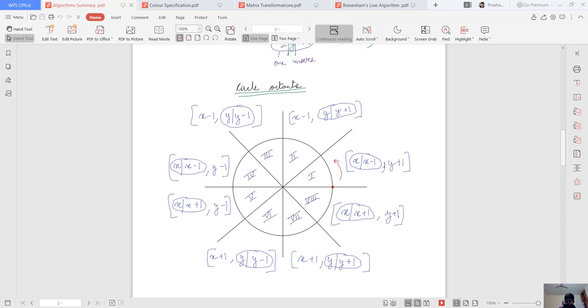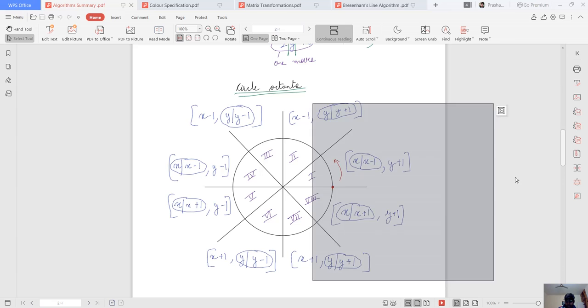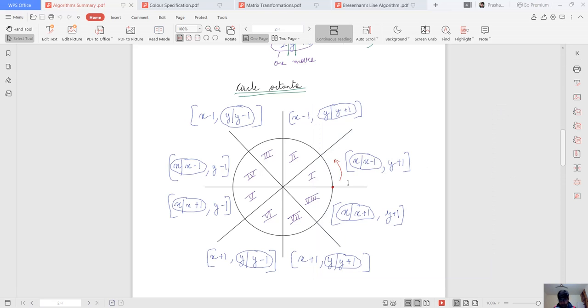X may or may not change, but y always increments here. So y is always increasing here, and in this octant x always decreases and y may or may not. Similarly, all the other octants behave in such a manner.